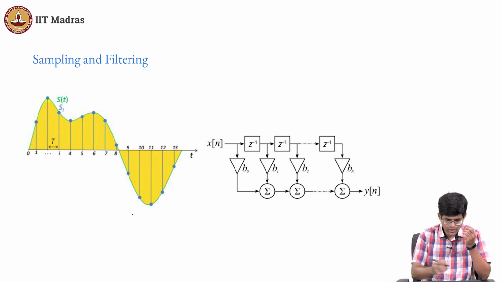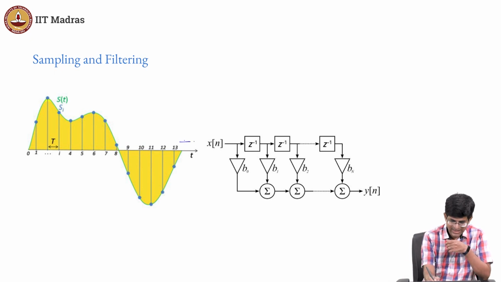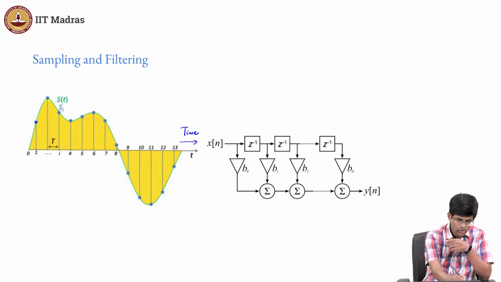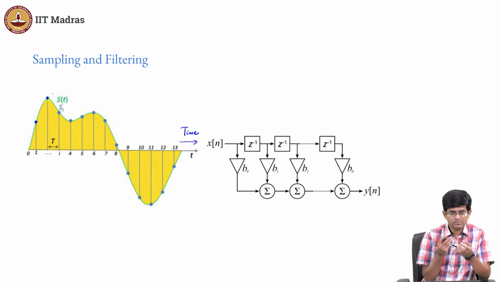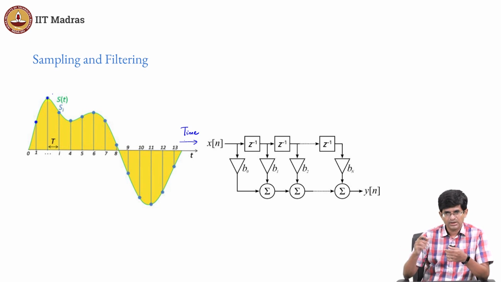Now those of you who have done a course on signal processing might have seen pictures like this. What is this picture trying to show? It's basically saying that this horizontal axis is time, right? And each of these values, these blue dots that you see over here, are, let's say I have a microphone pinned to my shirt at this point, right? What is that microphone doing? It's picking up my voice and converting it into an electrical signal. Okay, it's probably a voltage somewhere which is then going into this unit out here, right, which is most likely converting it into a digital signal. Okay, at some point either here or in the studio out there, it's being converted into a digital signal.